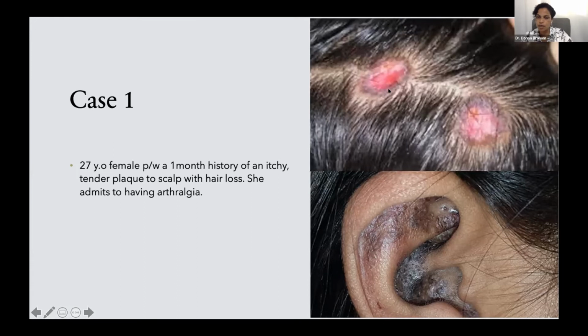There's a follicular prominence that I don't know if you can appreciate nicely here. There is depigmentation with a central atrophy. There's a little erosion on this one that is there. On further examination in the conchal bowl of the ear, you see this beautiful hyperpigmented, slightly erythematous plaques with nice follicular plugging that is there. So what's the diagnosis?